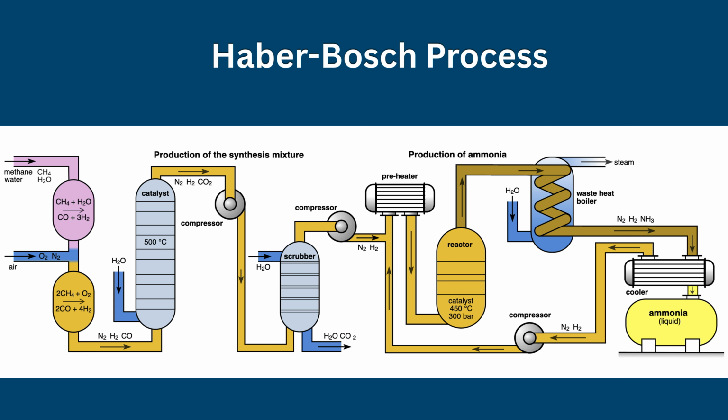However, the intrinsic kinetic inertness of molecular nitrogen, arising from the strong N≡N triple bond, necessitates elevated temperatures to achieve practical reaction rates. Consequently, industrial operation typically occurs at temperatures of 400 to 500 degrees Celsius and pressures of 10 to 30 megapascals. These conditions represent a compromise between equilibrium conversion and reaction kinetics, with continuous recycling of unreacted gases employed to enhance overall yield.